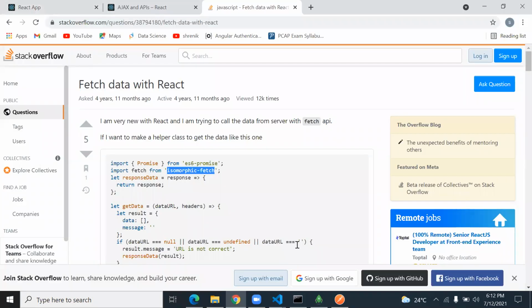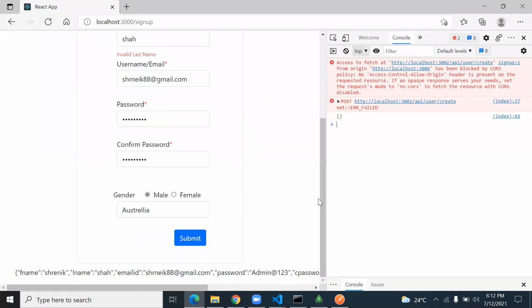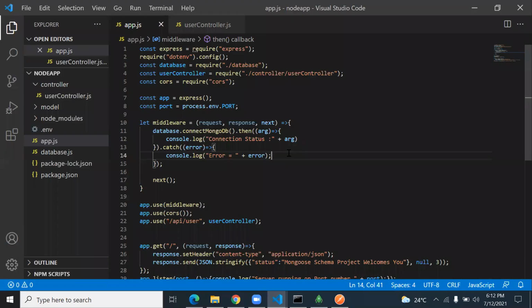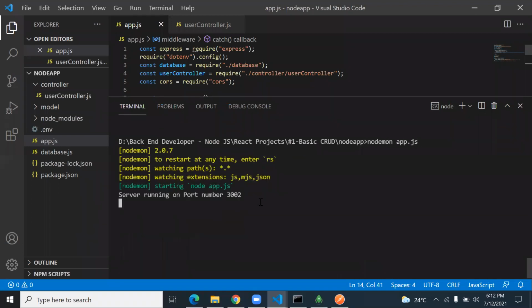So anyone cannot request me; only the allowed applications can. Now once again we'll click submit, but first start the backend server. Okay, nodemon app.js. Now the backend is ready.